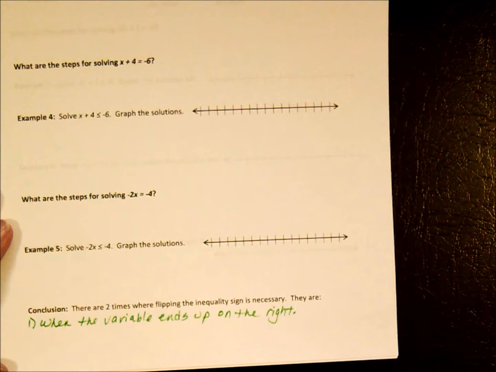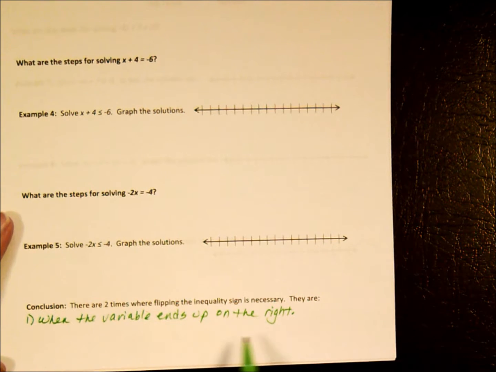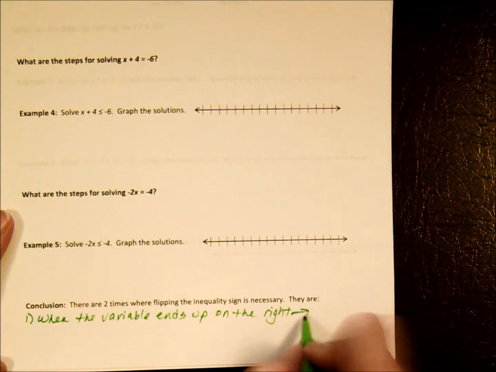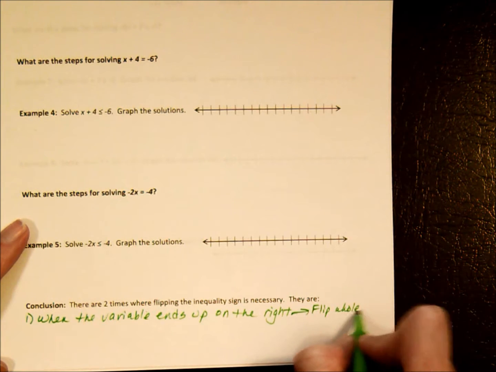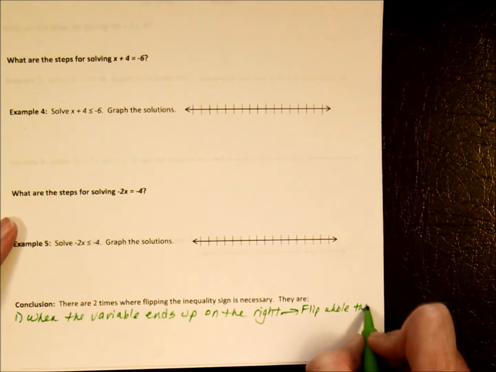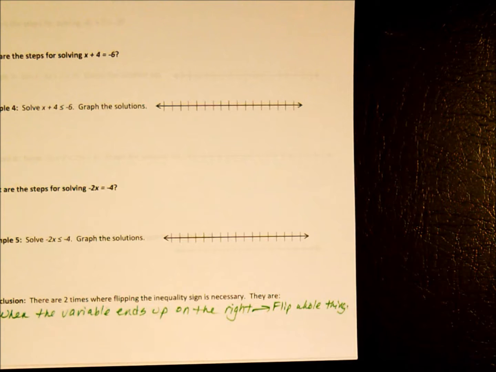You could have 4 equals x or x equals 4. Doesn't matter. Here it matters. So when the variable ends up on the right, what you have to do is flip the whole thing. The whole thing. And I'm going to show you what I mean by that by going back to our example